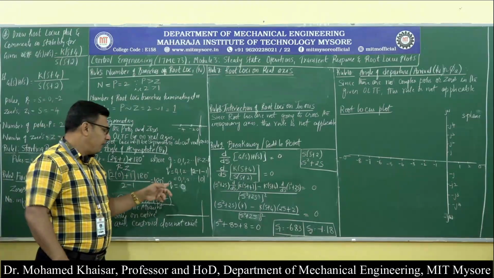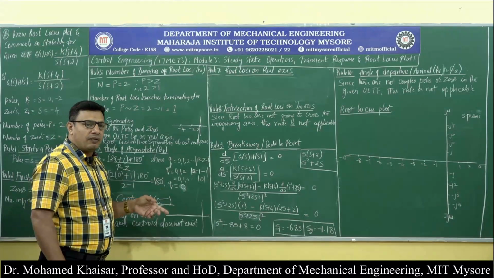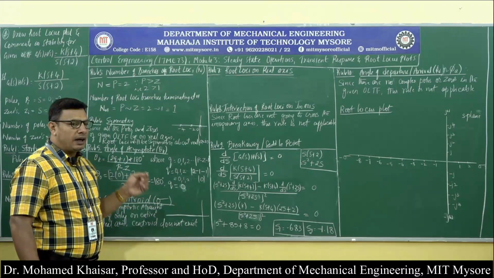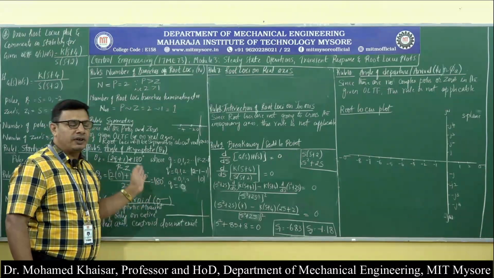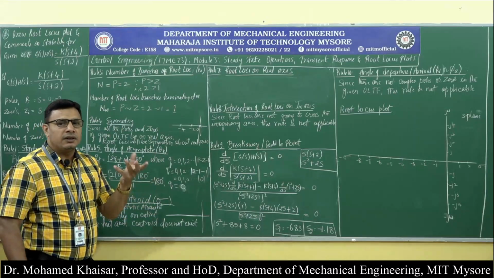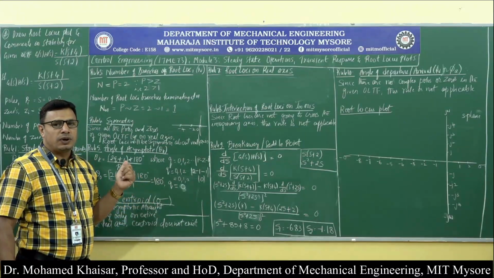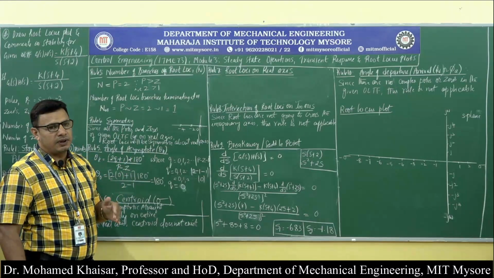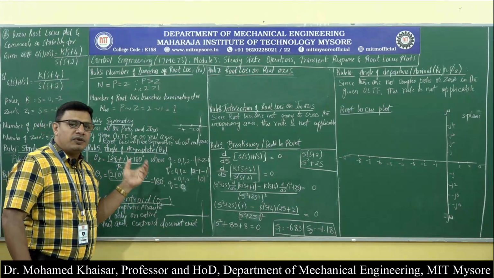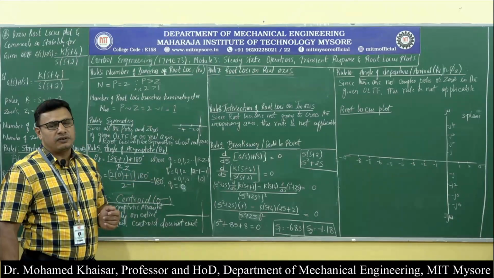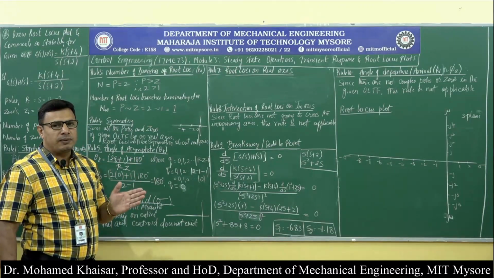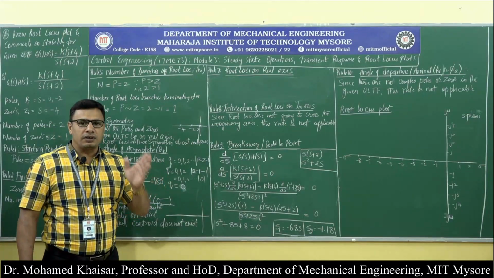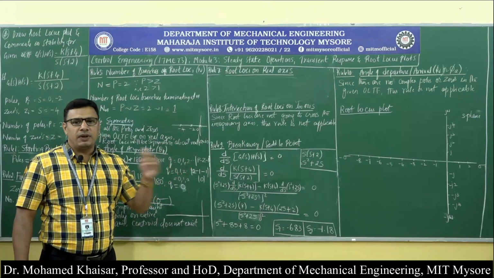So, therefore, if the asymptotic straight line is along 180 degree, even the branches of root loci will also be along 180 degree, and 180 degree will be towards the left hand side of S plane, because of which there is no way the root locus or the branches of root loci will travel towards the right hand side of S plane, because of which the system is never going to be unstable. Why? Because the condition for stability is, as long as the root locus or the branches of root loci are on the left hand side of S plane, they are very much stable.